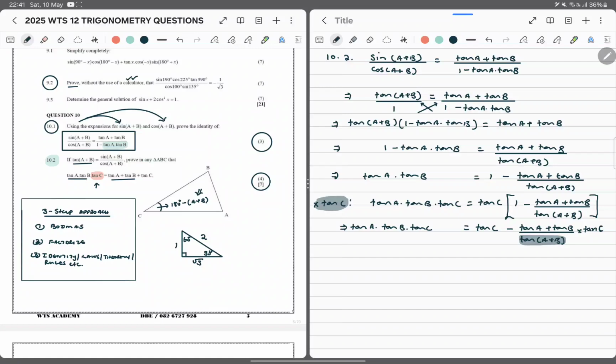Folks, I don't know how we're going to do this, but for 4 marks, guys, are you kidding me? Okay, so we can say, however,